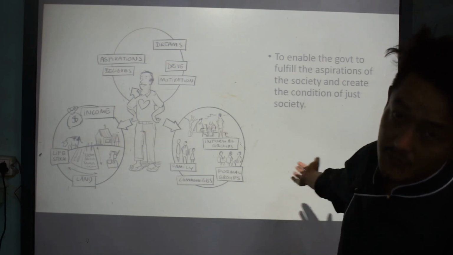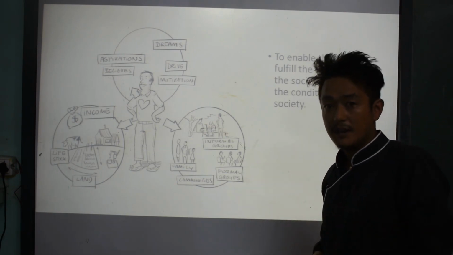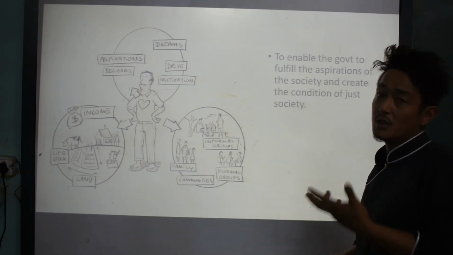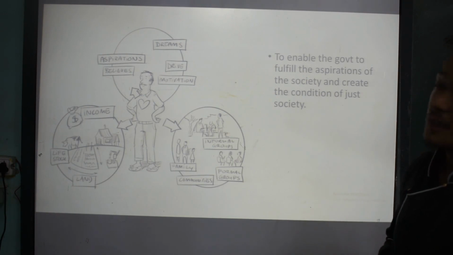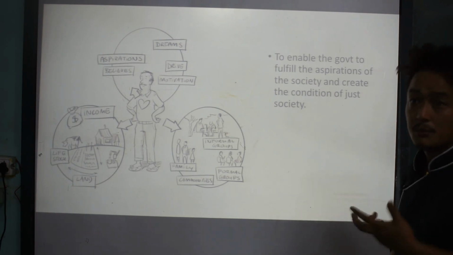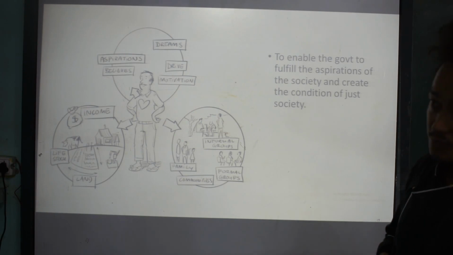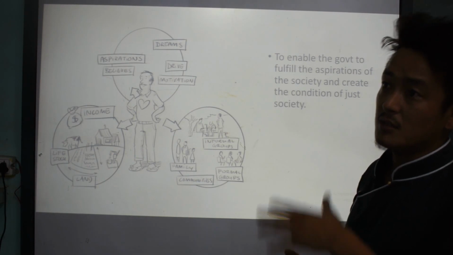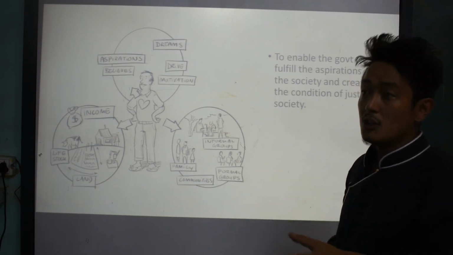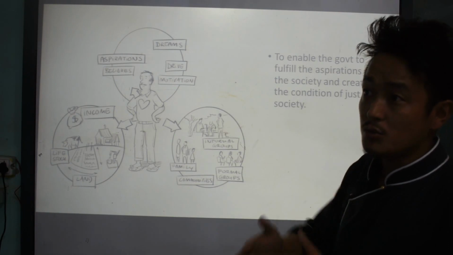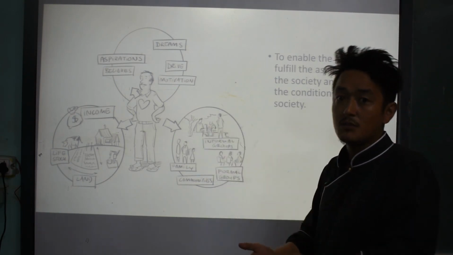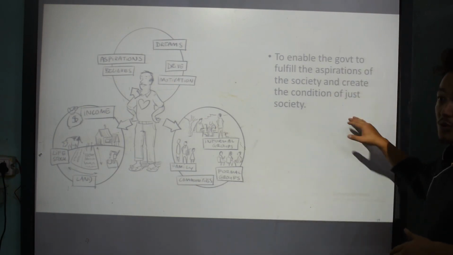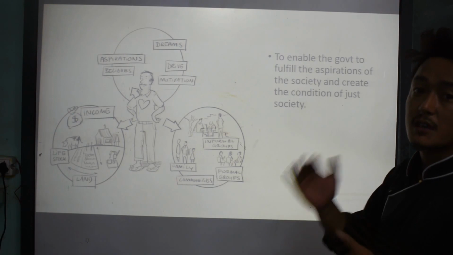Likewise, in South Africa, there was the problem of apartheid, right? A number of black people were marginalized in their own country, in their own native land. So it became very problematic, and later on, the society aspired to become an equal society where there is no difference between black and white people. So the government took certain steps to make sure their aspirations were fulfilled. Through that, the constitution performs a very important role to guide the government to do certain positive things.